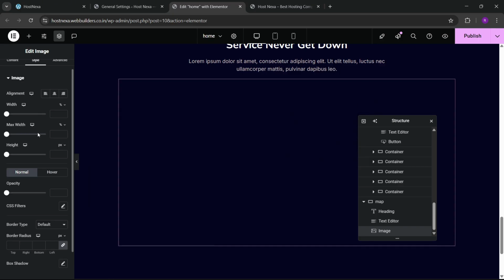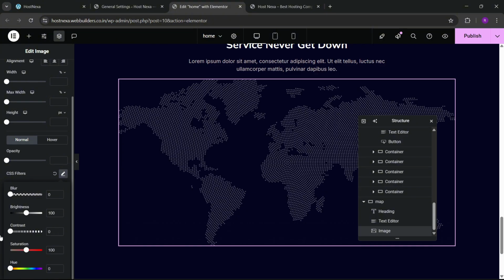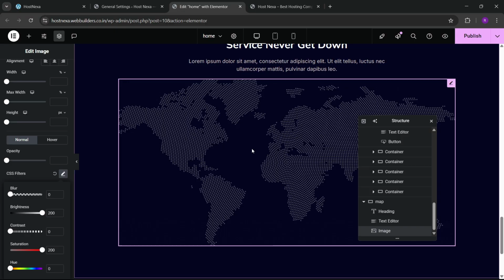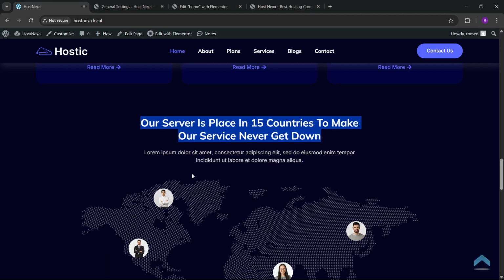Go to the CSS filters here. Okay, so now you can see that we have this contrast. We can make it like this. Okay, so this is visible, and again we have this brightness, make it full, and the saturation would be full. Okay, we can play with the hue, so nothing is changing. Let's publish this once, and let me add this